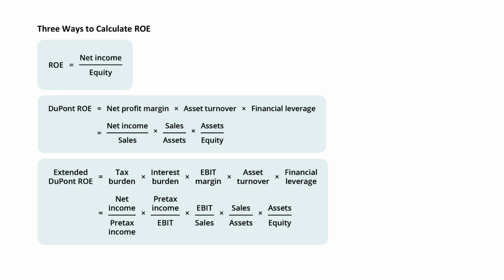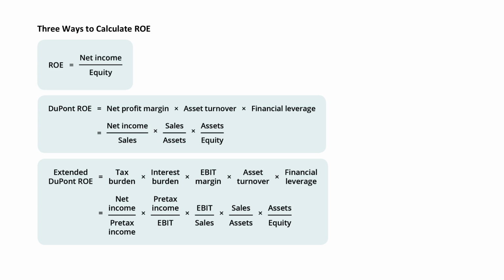Okay, now the next step, our extended DuPont model. Okay, the only thing we're changing, the last two fractions, notice, the asset turnover and the degree of financial leverage are not changing. It's the first three fractions that we're going to use in lieu of net income divided by sales. Okay, so rather than using a single profit margin, we want to break that into its three core components. The first one here, and it doesn't matter the order in which you do these because everything's being multiplied.